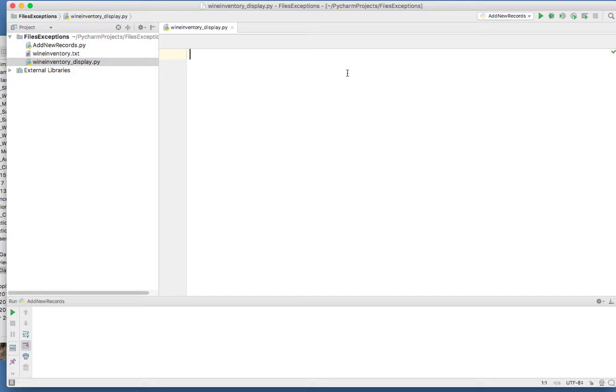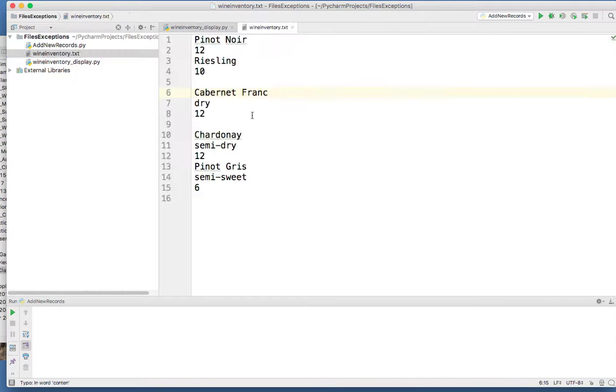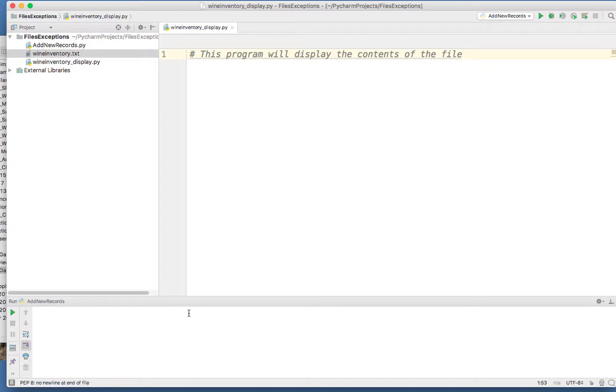The first thing that we want to do is program. This program will display the contents of the file. So what we're going to do is display this file in the code, which will be down here. So alright, I'll do a main,